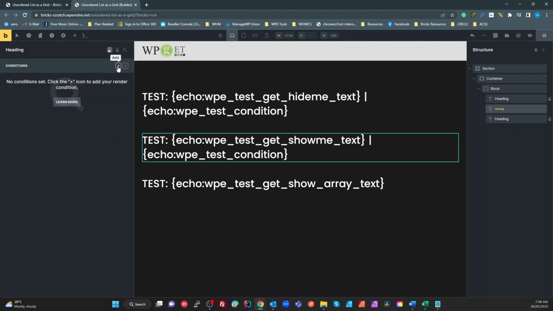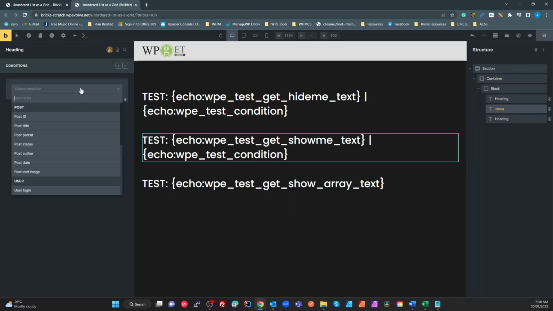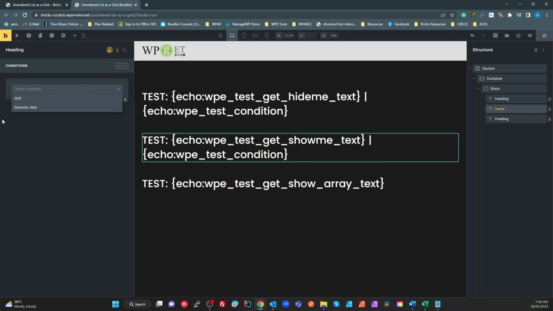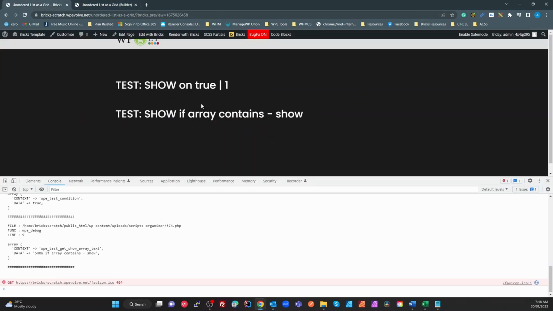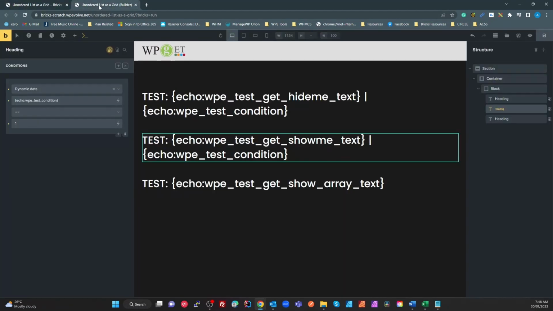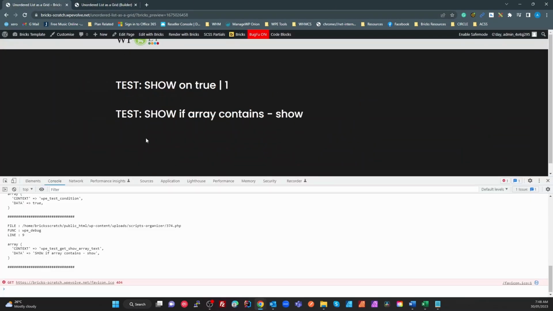So if I go into my conditions here and I select dynamic data, still want to get the same data, and I want this to actually show when it equals true. So it equals 1. Okay, so show on true is now showing. If I change that to a 0, 5,